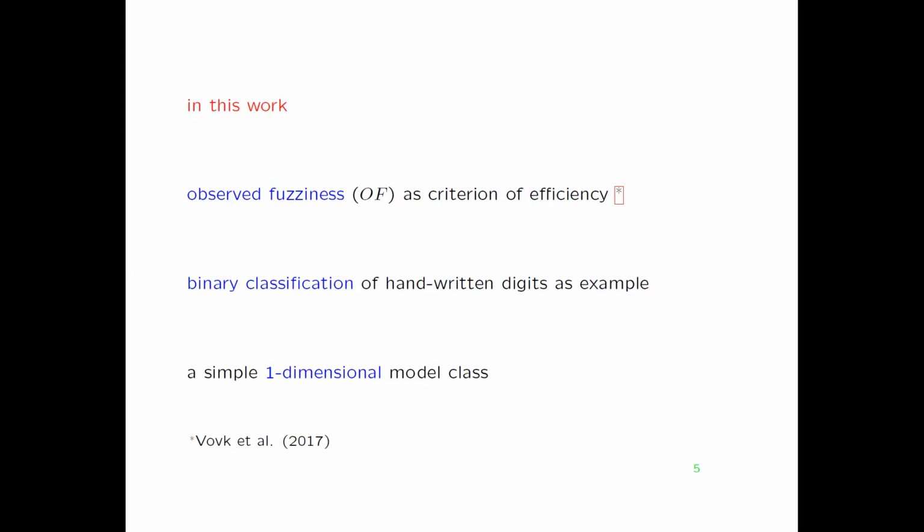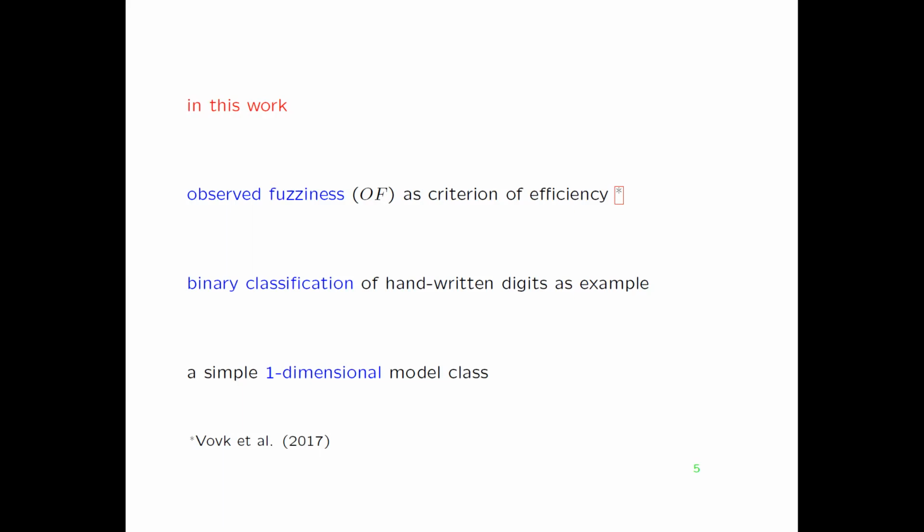Okay, this was the introduction. Then I go through what we did in practice. That is very, very simple. It's very, very limited. But in the next slide, I will introduce some extra notation just to explain what we did. So as criteria of efficiency, we use observed fuzziness, that is